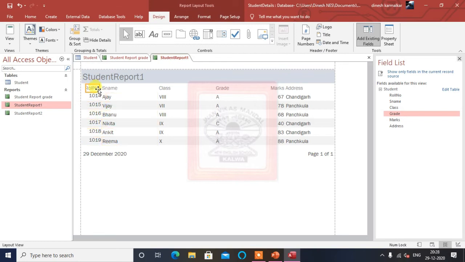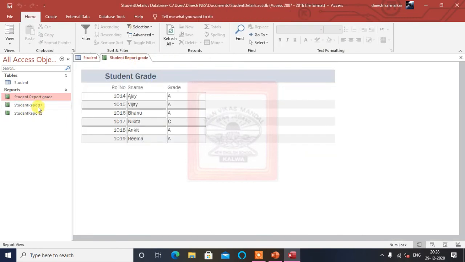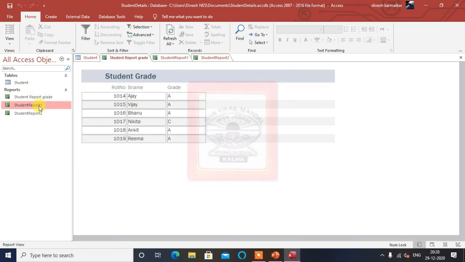Now it is coming here. So this way we are getting these 3 reports. Now it is coming properly, and here we added headings also.